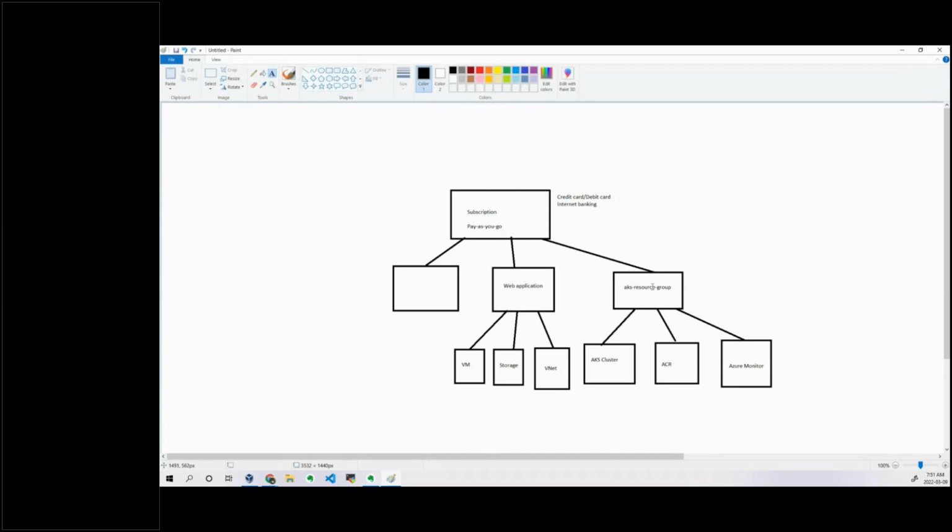Let's say if I want to communicate from this to here, I need to ensure that this AKS cluster has permission in order to access this particular web application. That's it. I need to give a proper role to this particular Azure Active Directory, sorry, the AKS cluster resource group. If I give a proper permission, automatically whatever resources I created under this particular resource group can access this particular resource group. So it depends upon the permission you provide. That's all I wanted to understand actually.